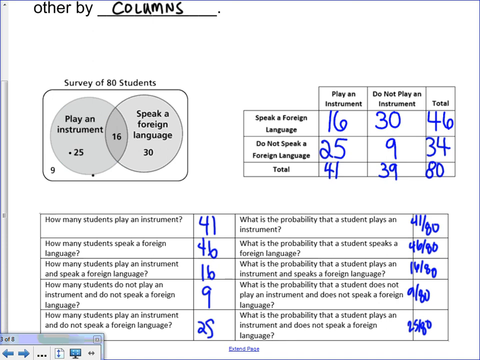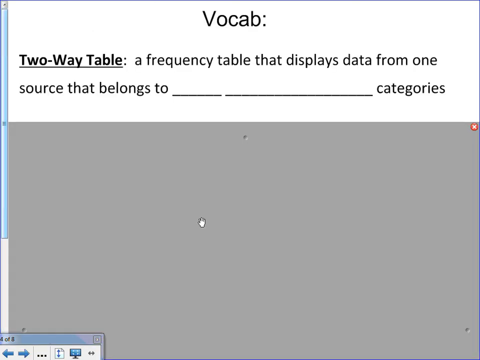Okay. So let's move along, and we've got some vocab to write down, okay? Starting with a two-way table. We know a two-way table shows the same information as a Venn diagram, but we're going to define it as a frequency table. So frequency means how often something happens, that displays data from one source that belongs to two